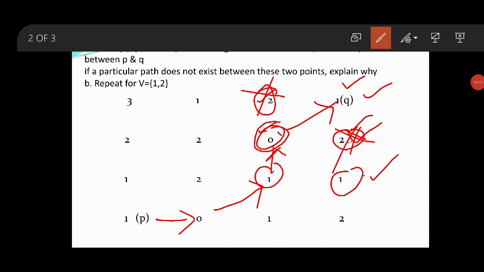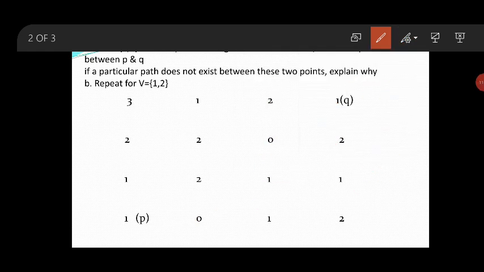I'll just erase all this. What are the paths you have chosen? I'm just rewriting it. 1 this way, and this way, and again this way. This is the connectivity. There is a path which exists between P and Q. Now when the path exists, you just count the number of arrows you made. 1, 1, 1, 1.